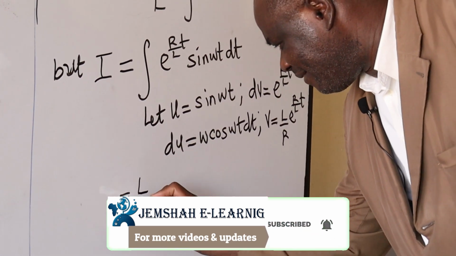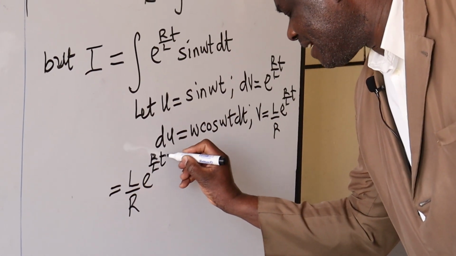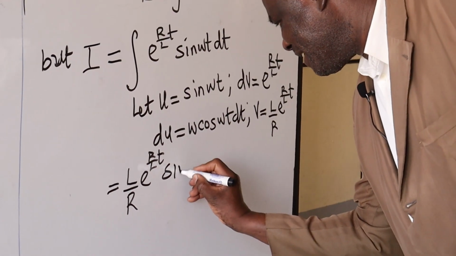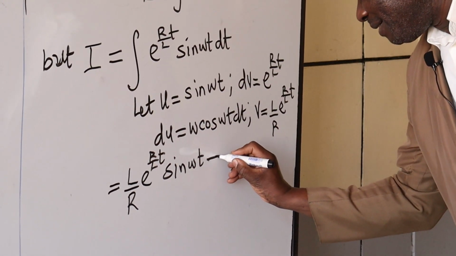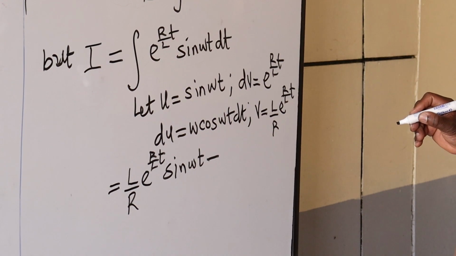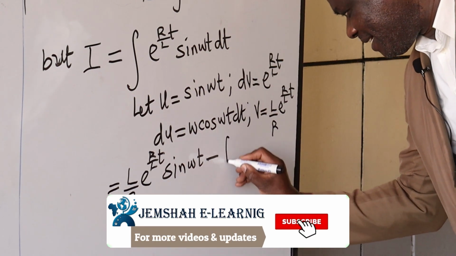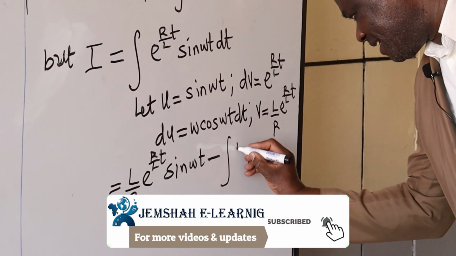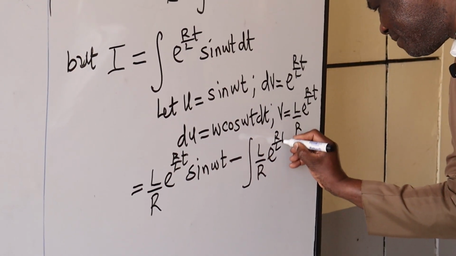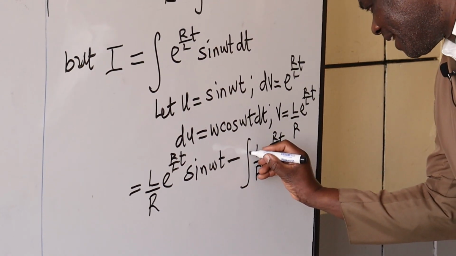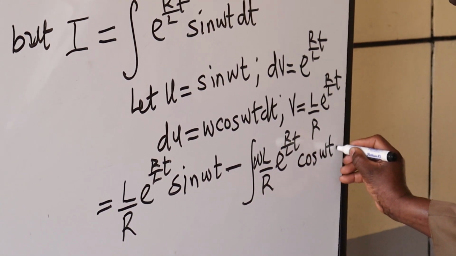So we have L over R exponential R all over L t sine omega t, minus, from the integration by parts formula, the integral of v, which is this, L over R e to the power R over L t, multiplying du, so omega is here, cos omega t dt,